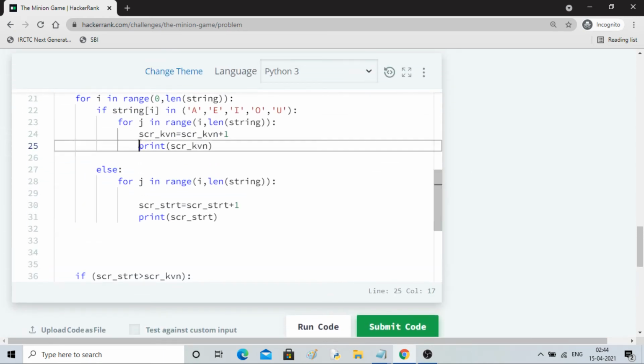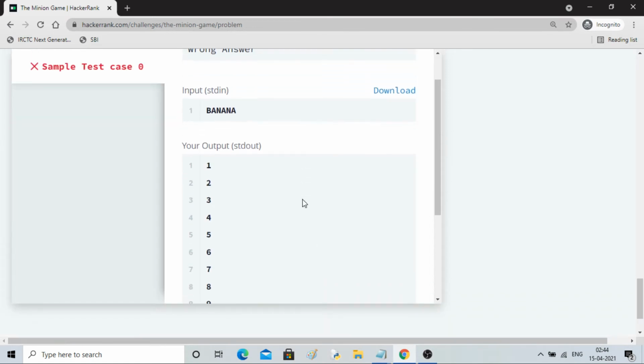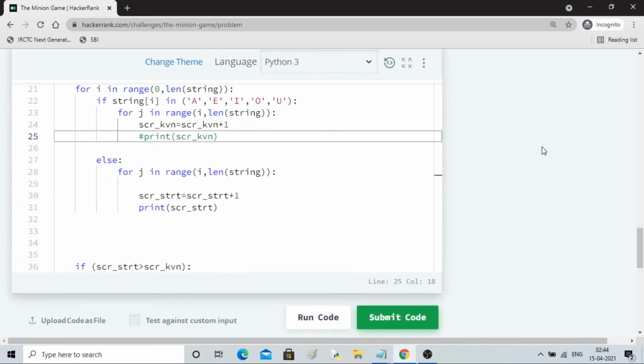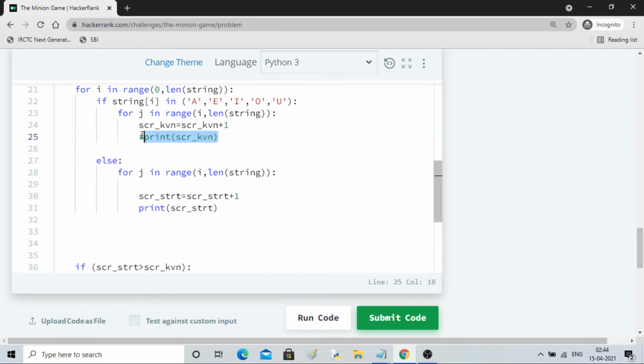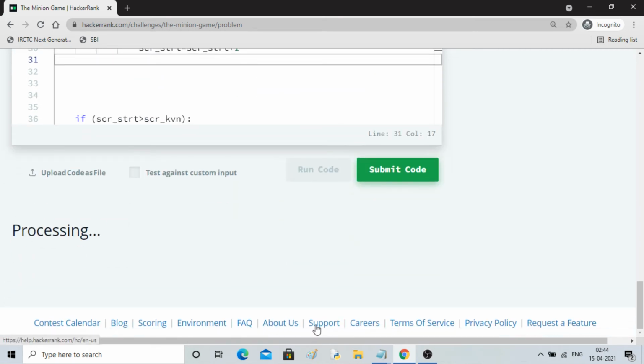Let me print only the else part, it is looking confusing. So 1, 2, 3, 4, 5, 6, 7, 8, 9, 10, 11, 12. You can see. Okay, so still it is working. So if I remove this, my test case will be passed.